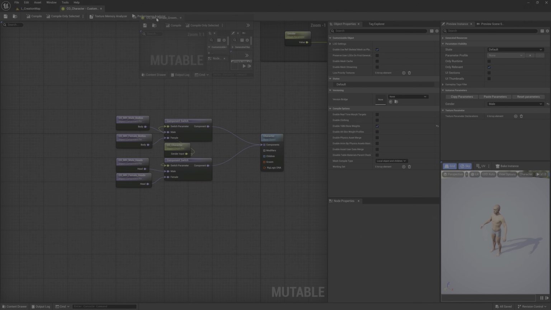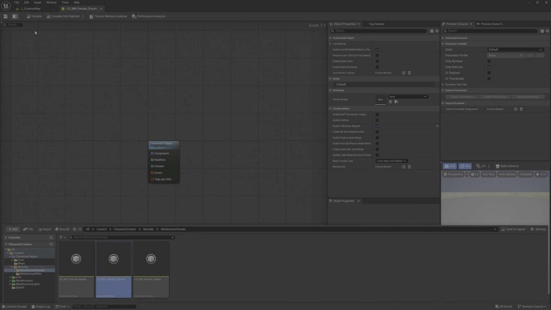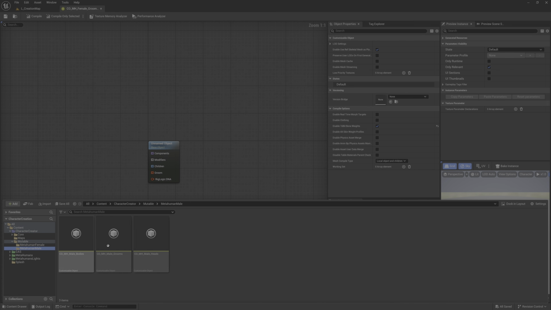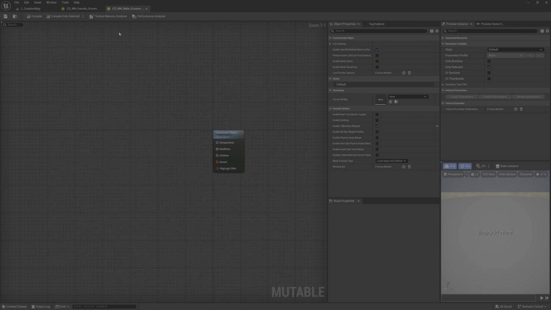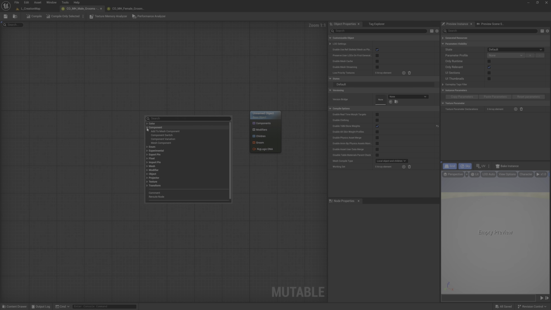Okay, there. Now open the male and the female. Okay, and we'll use a new node called groom. Sorry, constant.